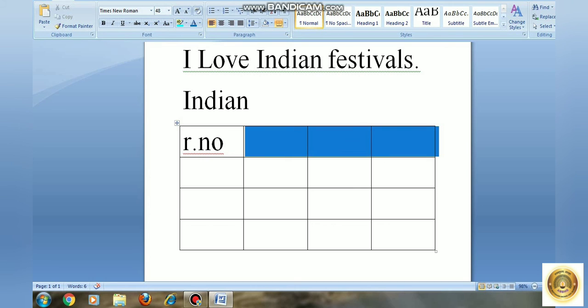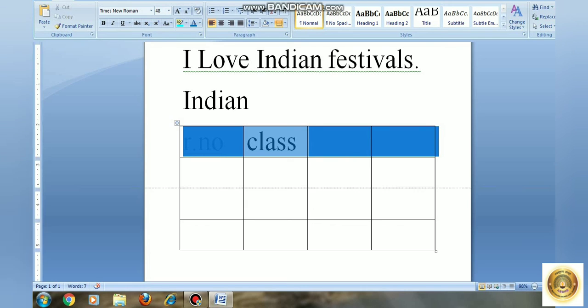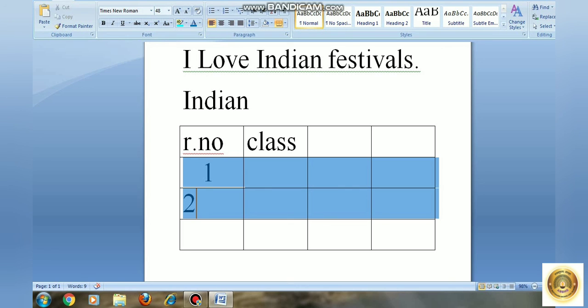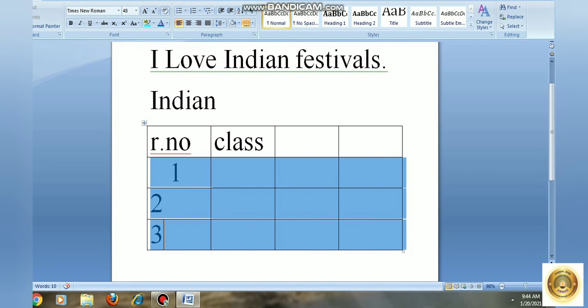Okay. In the next box we can type class. In next row we can type roll numbers. Roll number 1, here 2, and then 3, like this. Like this you can fill this table.